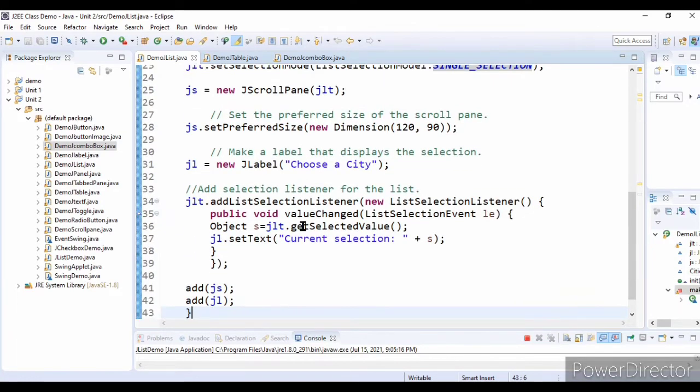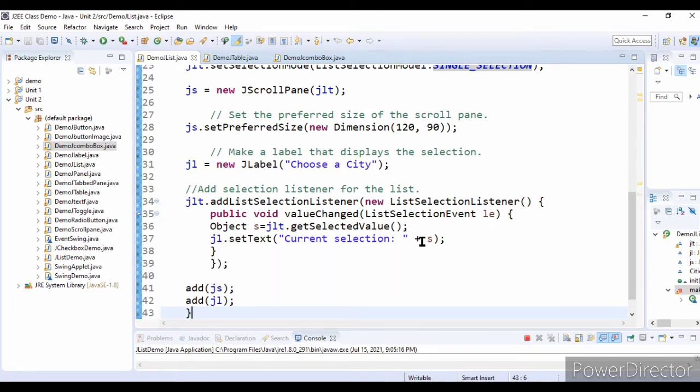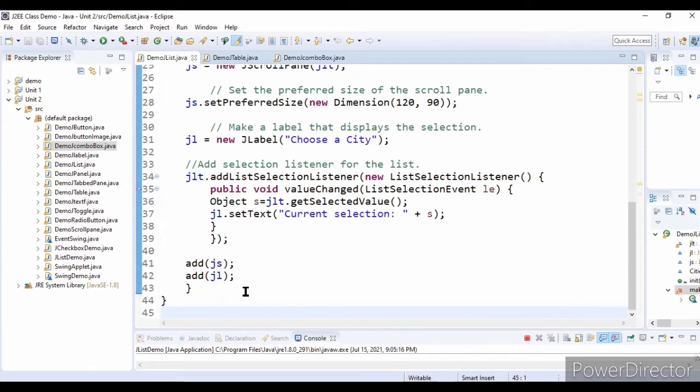That New York city is stored in the object s. Next I am setting the JLabel text to the current selection s, meaning the current selection New York will display. Next I am adding the JScrollPane to the content pane of the applet viewer, and we are adding the JLabel to the content pane of the applet viewer. This is how the JList is going to work.